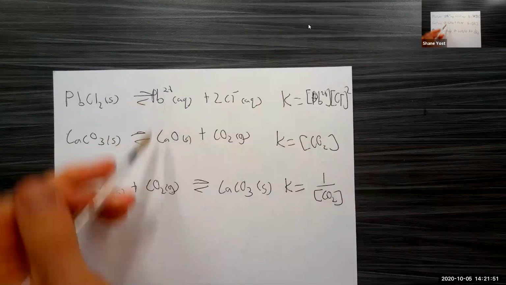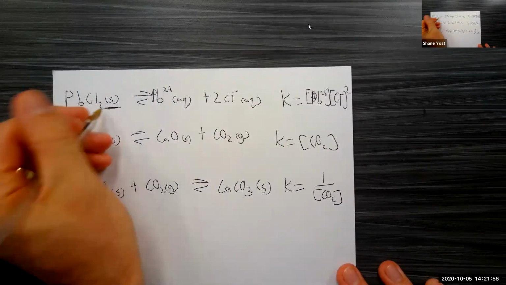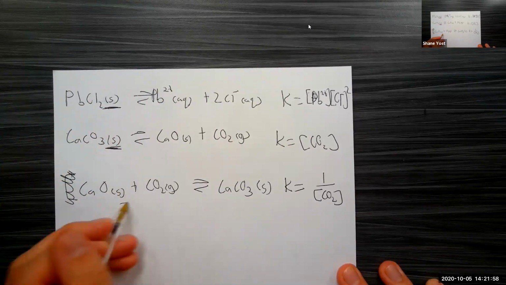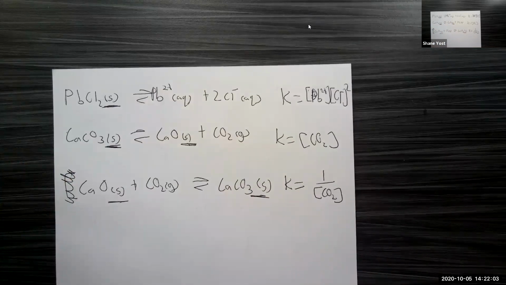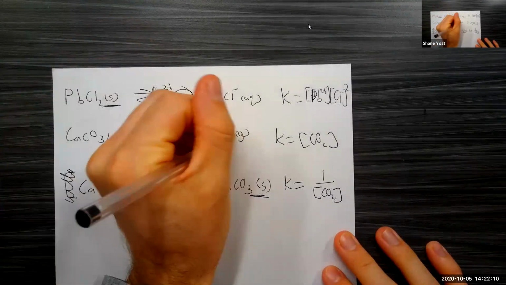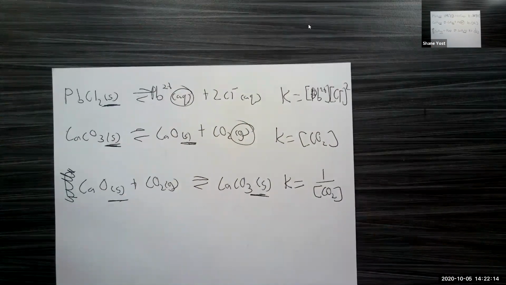So in all three of these reactions, again, we did products over reactants, but we did not include any solids in our equilibrium constant expression. And the same thing goes for liquids, okay? You never include liquids and you never include solids. You include aqueous compounds and gases. That's it. But it's products over reactants raised to their stoichiometric coefficients, ignoring solids and liquids, okay?